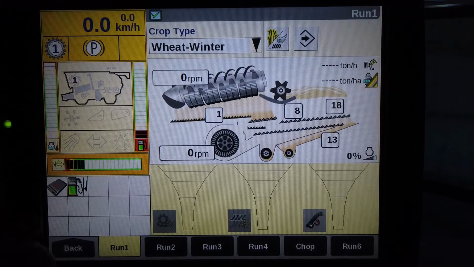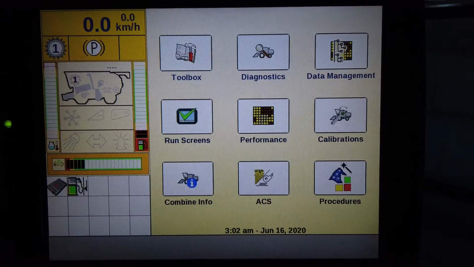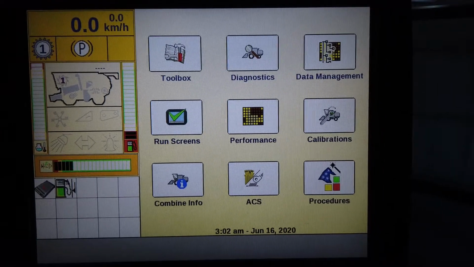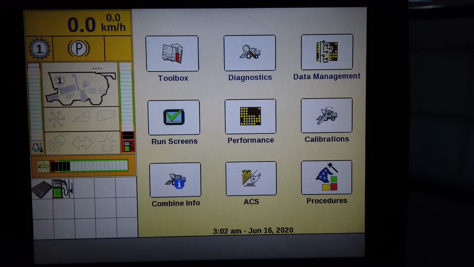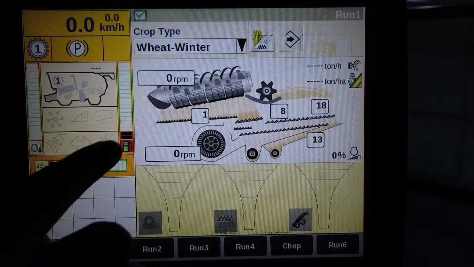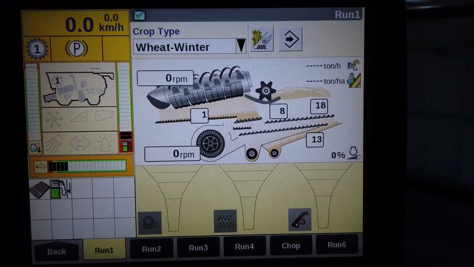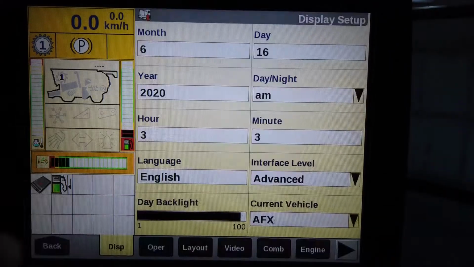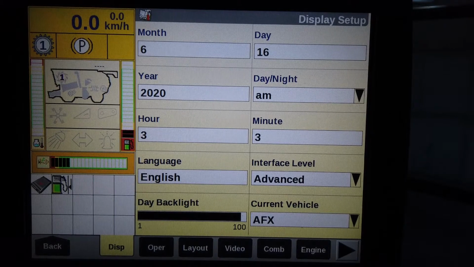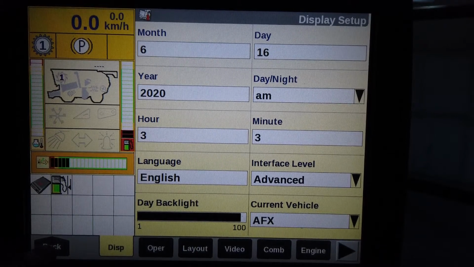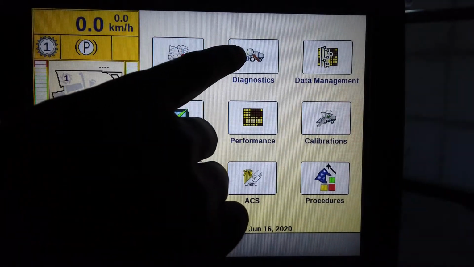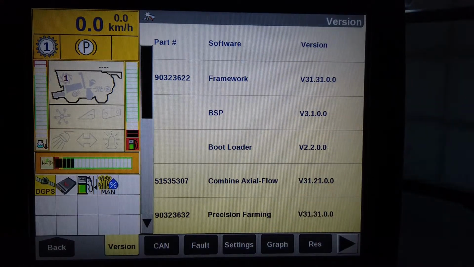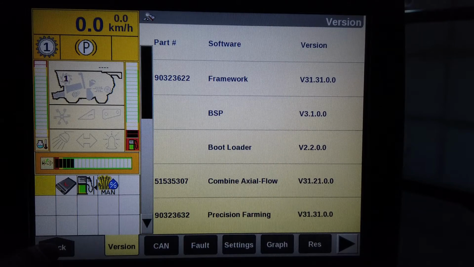Touching the back button goes to the main control screen to find a series of buttons for further information. Run screens returns us to the data screens used during work. The toolbox is the combine and run screen setup procedure and is subject to separate videos. Diagnostics is for checking error codes and generally used by you to report these codes or issues to your dealer